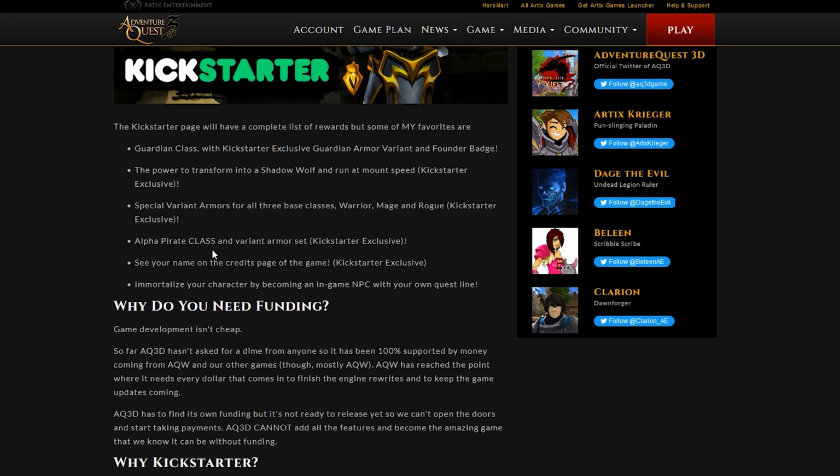Then the Alpha Pirate class and the variant armor set of that, which we did get. See your name in the credits of the game. That doesn't really matter. It's just on the website. Nobody sees it anyways. Immortalize your character by becoming an in-game NPC of your own questline, which is another thing